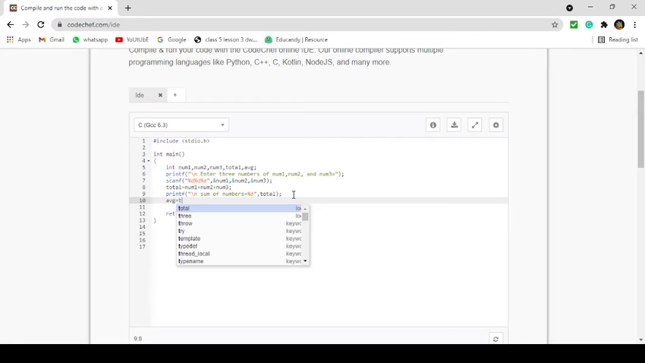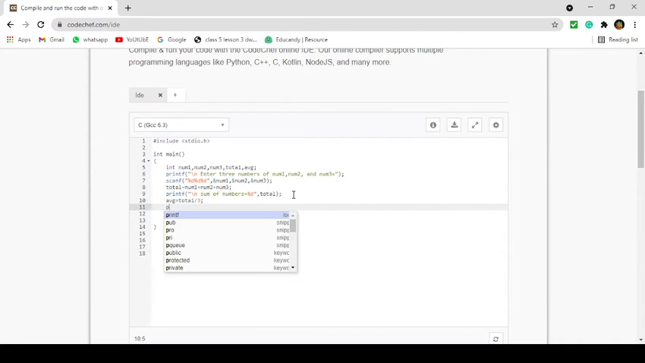I am taking total divide by 3 here. Why are we using divide by 3? Because the average formula is total of values divided by number of items. So I am taking average is equal to total divide by 3, then semicolon. Now I am going to print the result. For showing the result, I am taking the printf function. In the printf function, I am writing slash n average is equal to percentage d, comma,